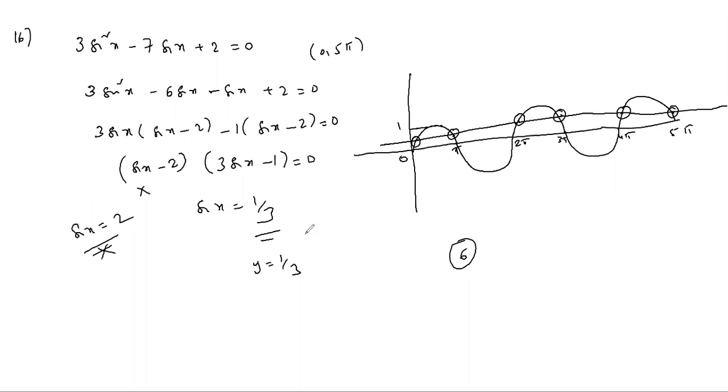Because here we don't know the value of 1 by 3, we have to solve it. We already did 1 by 2 like that only. But for 1 by 2 we can write the generalization, we can verify. But for 1 by 3 we cannot. So we have to draw the graph only.